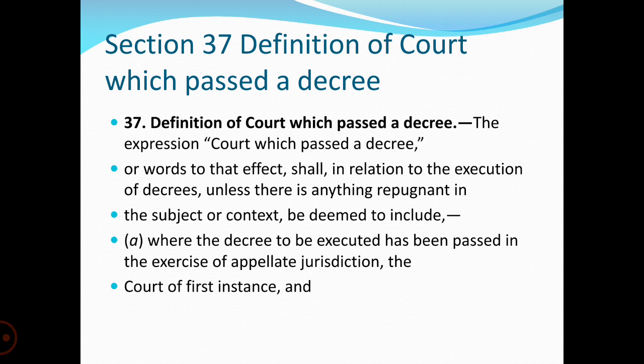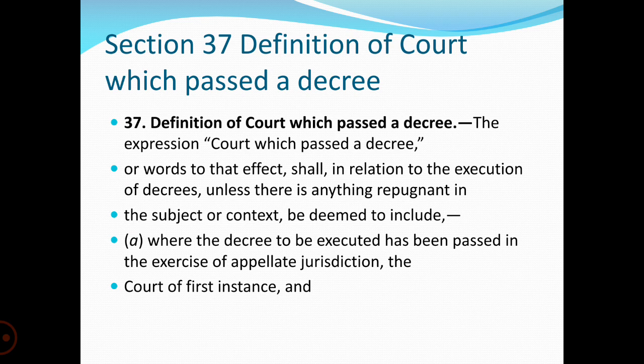The expression the court which passed a decree shall, in relation to the execution of the decree, unless there is anything repugnant in the subject or context, be deemed to include